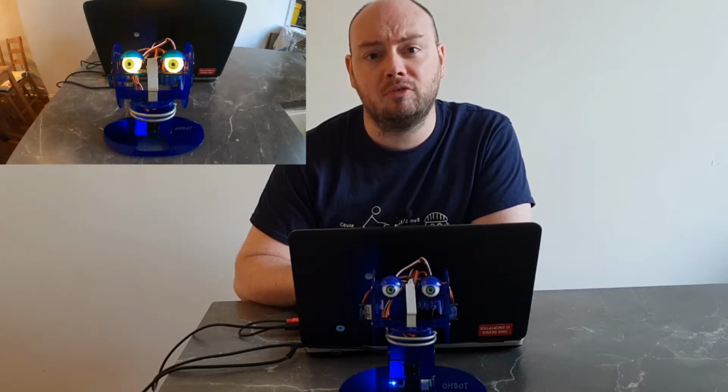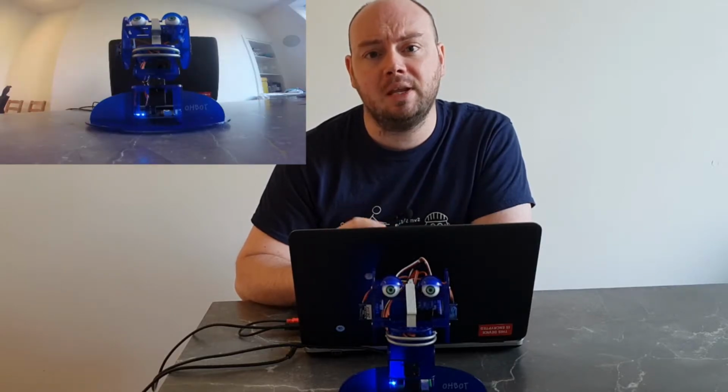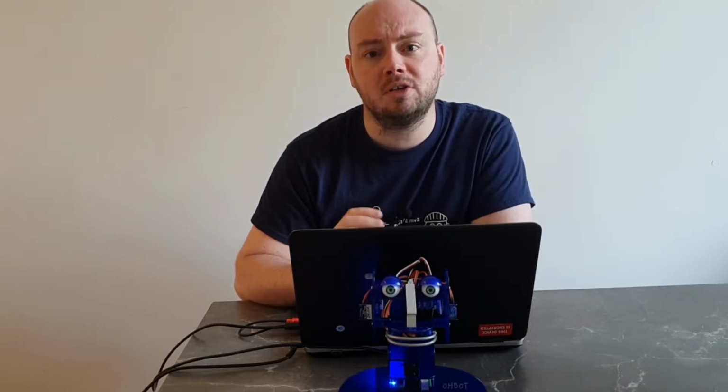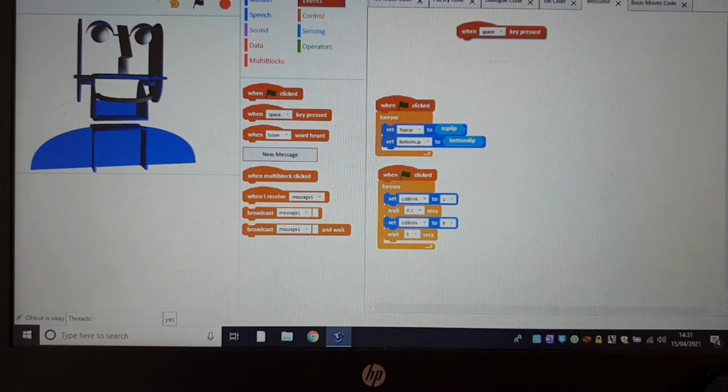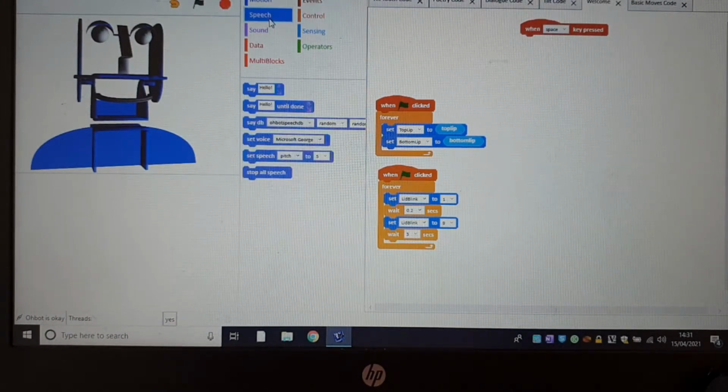Now, in the previous robot review video, we saw that Ohbot can speak. But you can also change the voice of Ohbot, and it's through this function that I am going to use it to enhance teaching about dialogue. To demonstrate this, if I go into Events and pull out the When spacebar clicked and add that into my code, I can then go into Speech and there is an option there for Set Voice, and it currently says Microsoft George. I'm going to attach Set Voice Microsoft George to my When space key pressed,